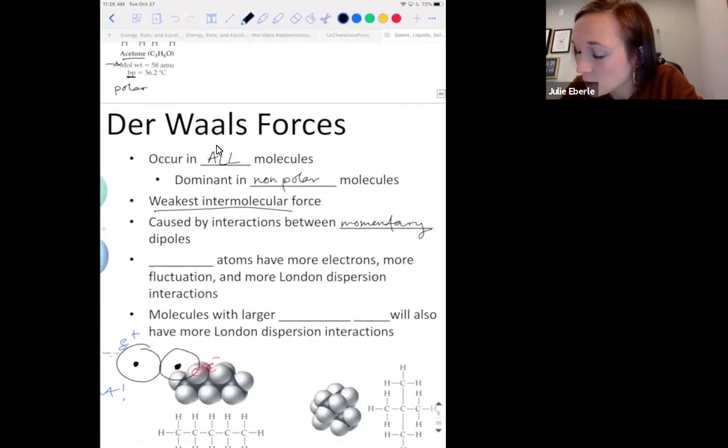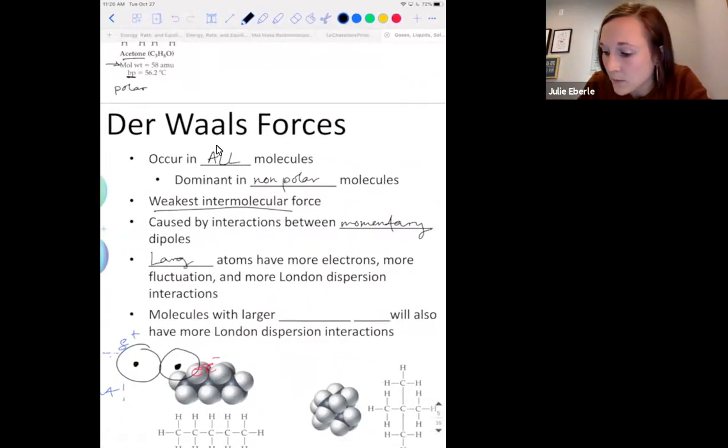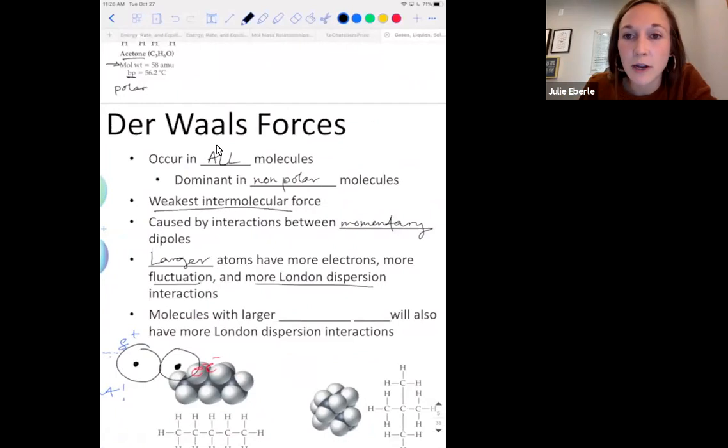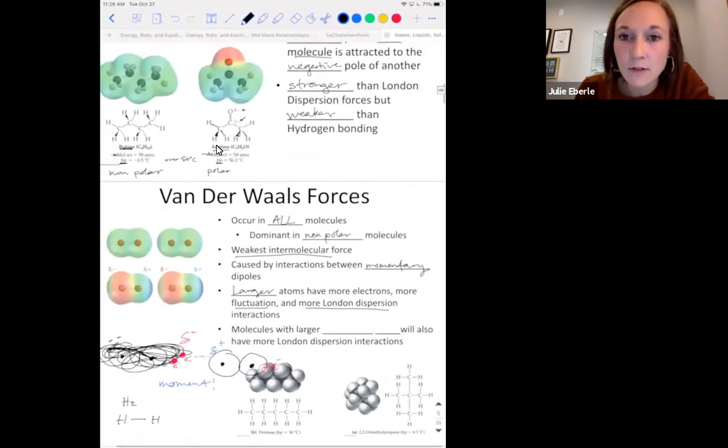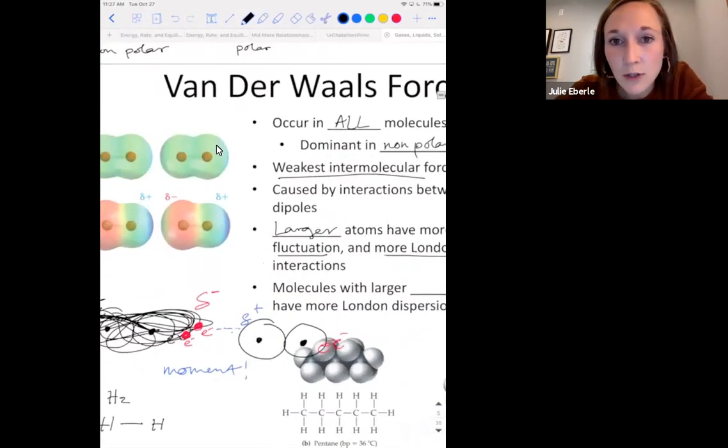So this next blank, 2, is that larger atoms have more electrons, and therefore they tend to have more fluctuation. And therefore, they tend to experience more London dispersion interactions. I've drawn an example with hydrogen atoms. Now imagine this with, I don't know, cesium. Cesium has tons and tons of protons and therefore tons and tons of electrons. And if all those electrons are moving, instead of just a difference of 2 electrons here, what if we're dealing with 100 electrons? Then you can see how the shift would be larger, okay?